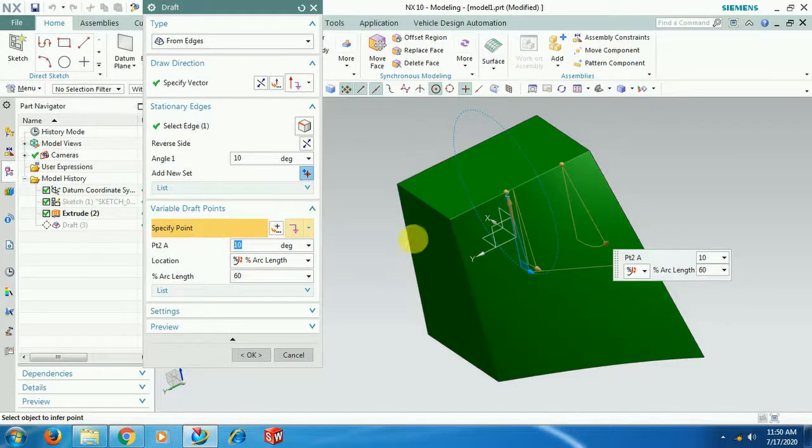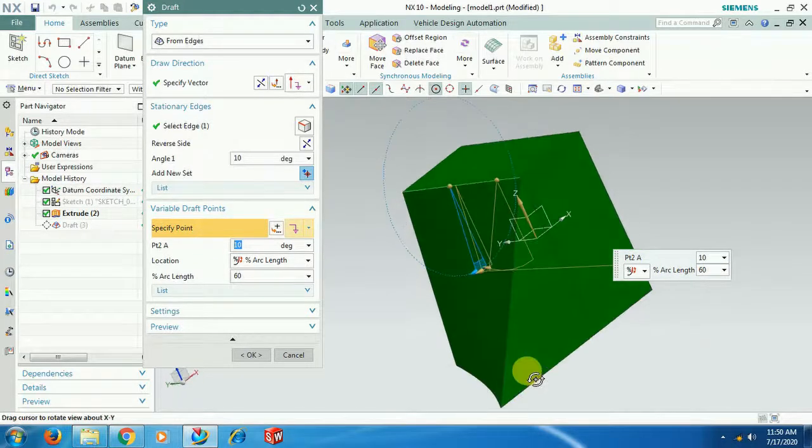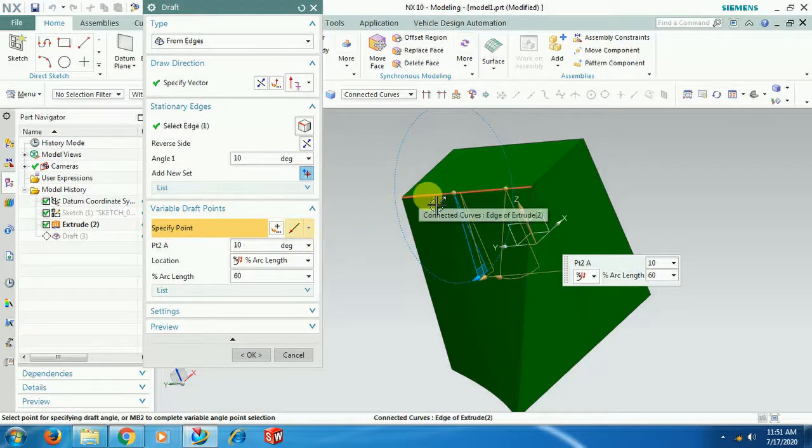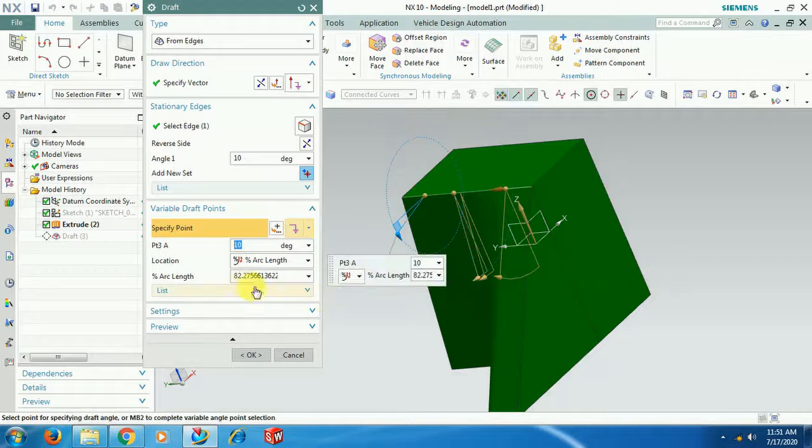Now at 60% it has changed to 10 degrees. Here you can select a point on the edge, point on the curve edge. Now I select a point again here at 80%.